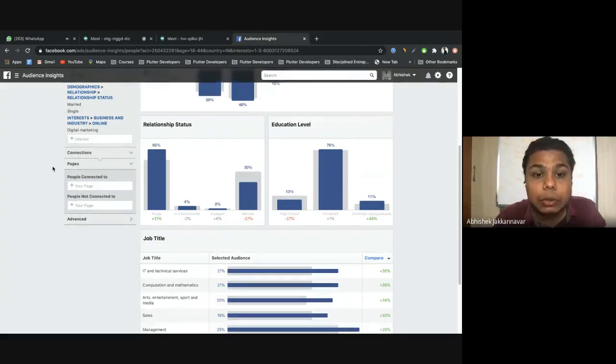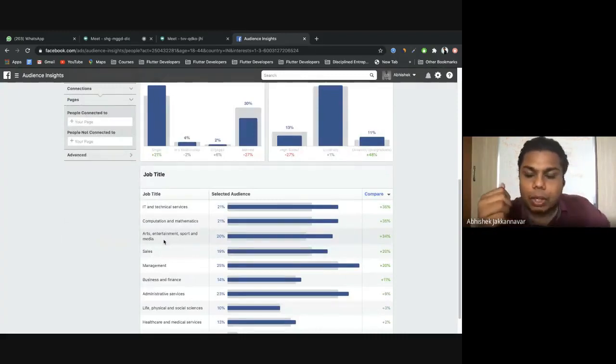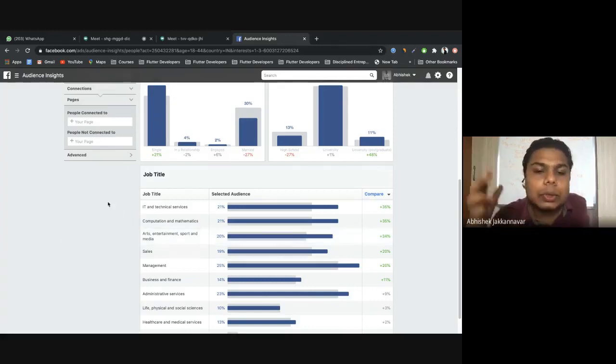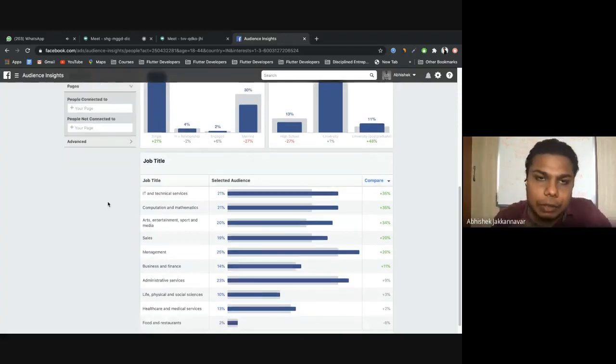Now it is also showing me the job title automatically. What we are doing basically, as I said when we started this session or the course, is that 99% of people don't know what they want to do, right? But what we have to find out is what we should not do. In a similar way, that is what we are doing. We don't want to show our ad to anybody and everybody, right? So what will I do? We'll make sure that the ad is shown only to those people who have the highest probability and interest.